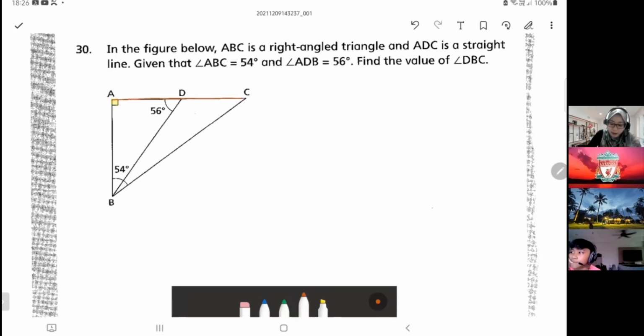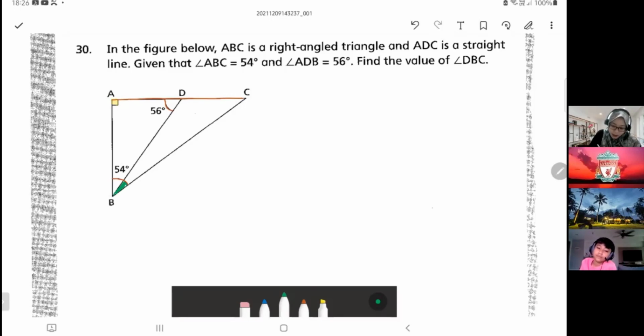Given the angle ABC is 54. This one, this arc there, 54 degrees. ADB is 56 degrees. This one is 56. Find the value of DBC. Let's color the angle that I want. This one, the green one that I want. Okay. So how do I do this question? We find